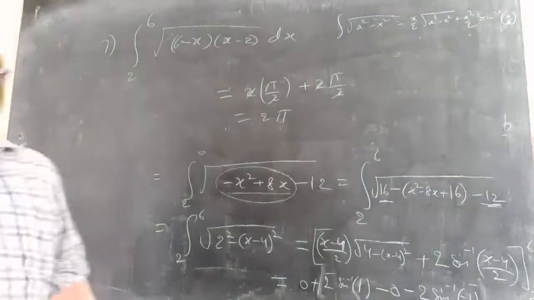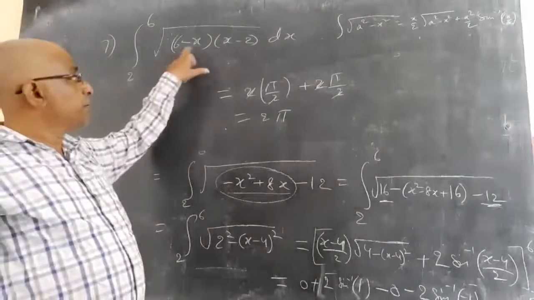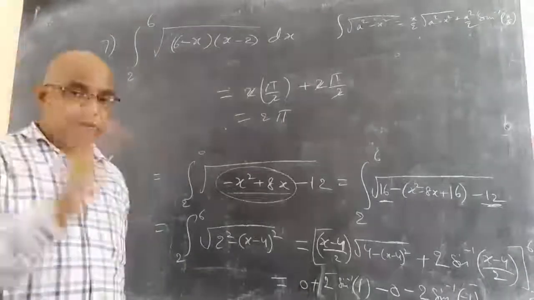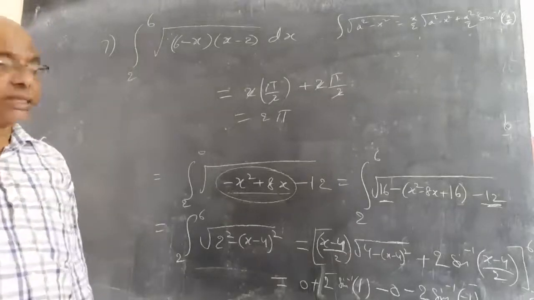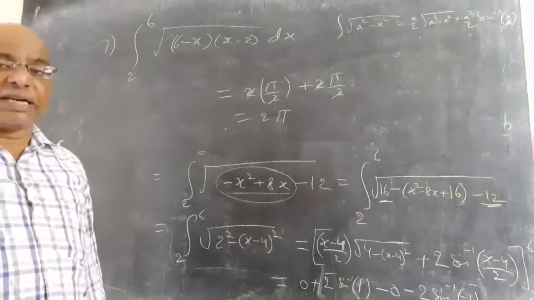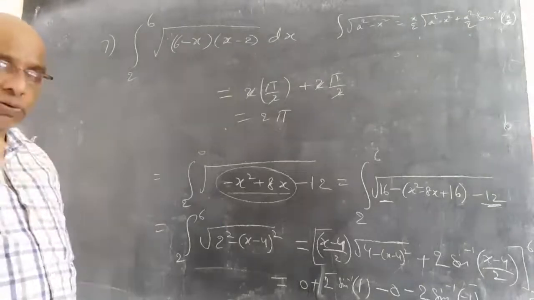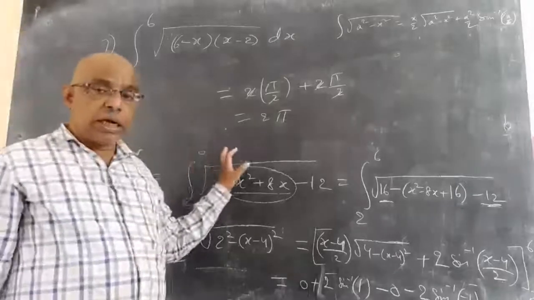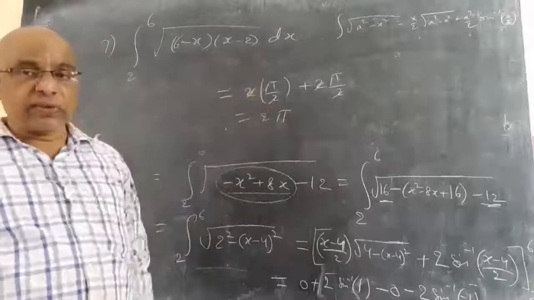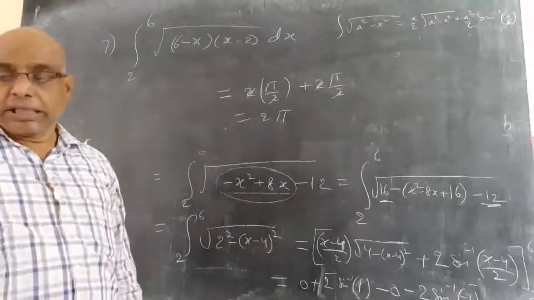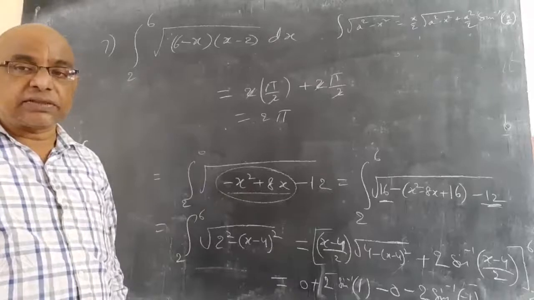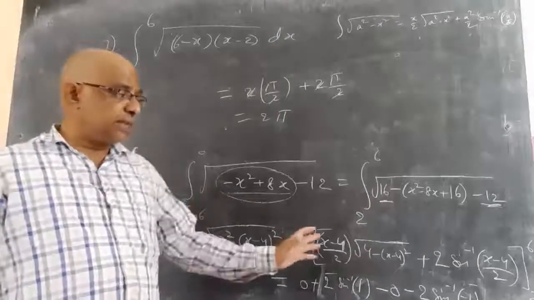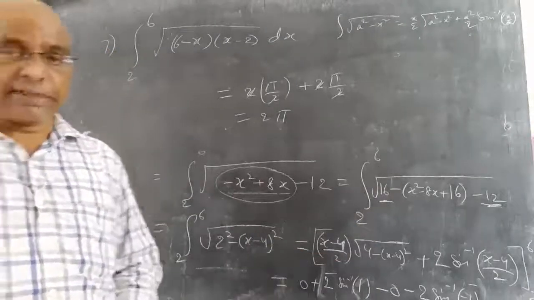So this is like the integral of root of (b minus x) into (x minus a), which means x equal to a cos square theta plus b sin square theta. That is one method, which I already explained in the last class. Now you can also go for ordinary indefinite integration, if you know it. That is the main criterion. You can do it using indefinite integration, the completing square method, instead of taking x equal to a cos square theta plus b sin square theta. This is one more method. If you know completing squares properly in indefinite integration, you can apply that and apply the limits finally. This is the second method.